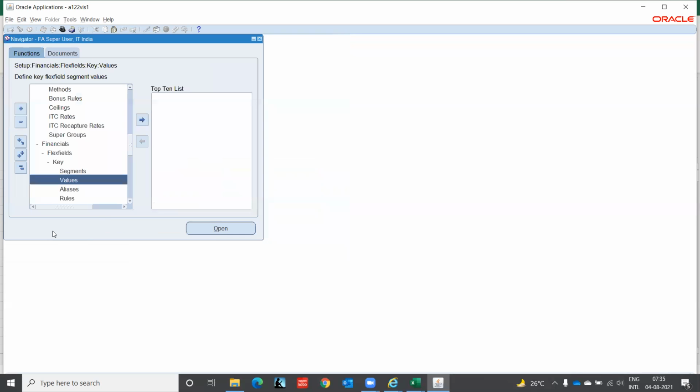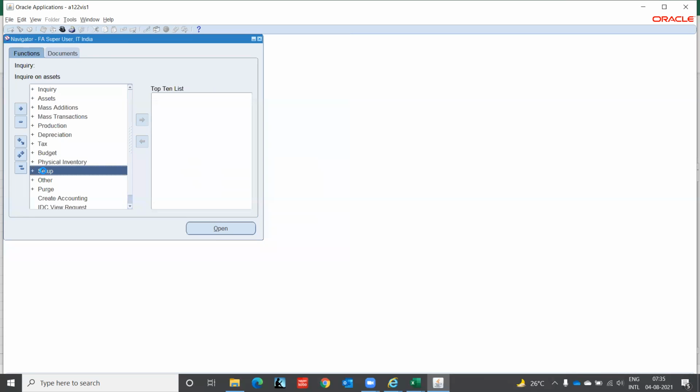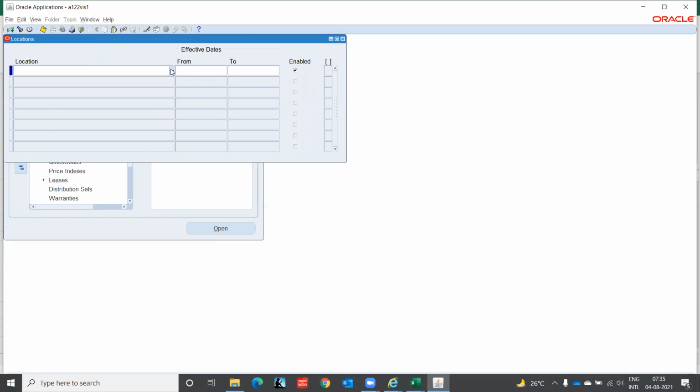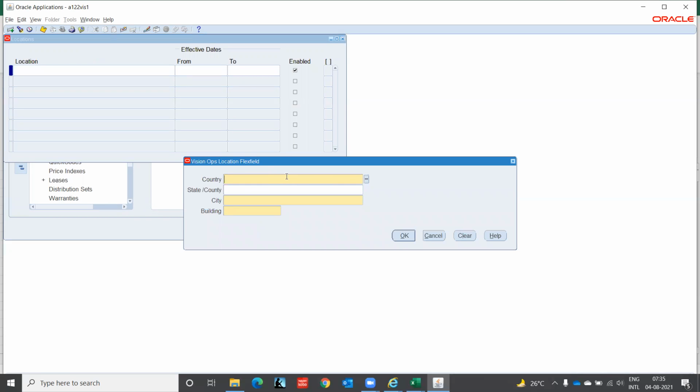So first close this. First we have to build our asset system. Before we build our asset system, the first thing is creating the calendar. Or we can create the location. Okay. Under location, you can create